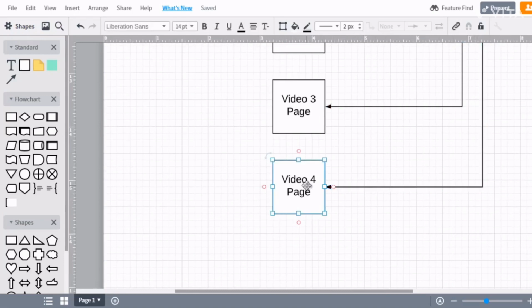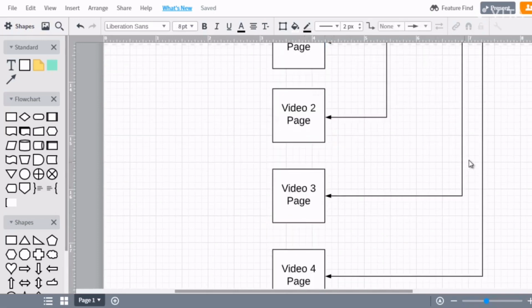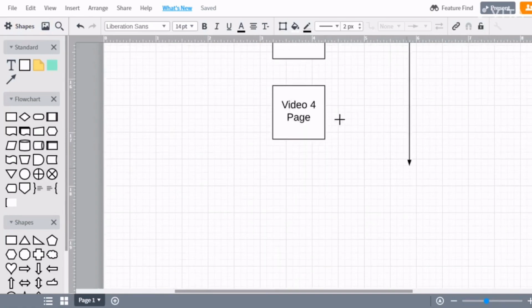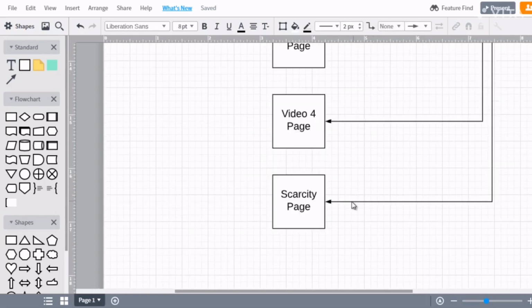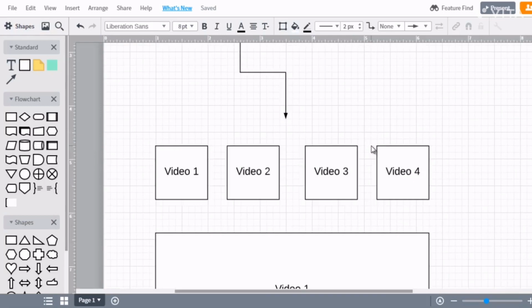Now, in addition to that, you might want to set up some sort of scarcity. So you could set it up so that after they get the offer, you decide how long they have to act before the offer disappears. And you can set up a scarcity page that says something like, sign up here before it ends, that kind of thing. So that's getting a little bit complex, but if we go back to the basics,